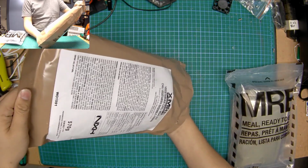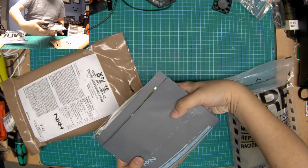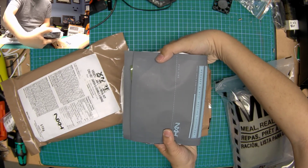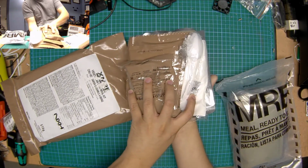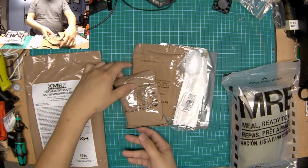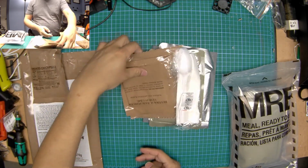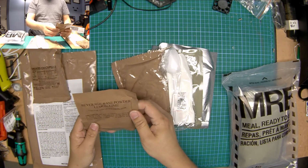Let's look at the contents of the XMRE. Coming out of the package like this, it seems well packed. This is its presentation from this side. That's its presentation from that side. So, in the veggie meal kit, we've got unsalted chickpeas, lemon beverage base powder,